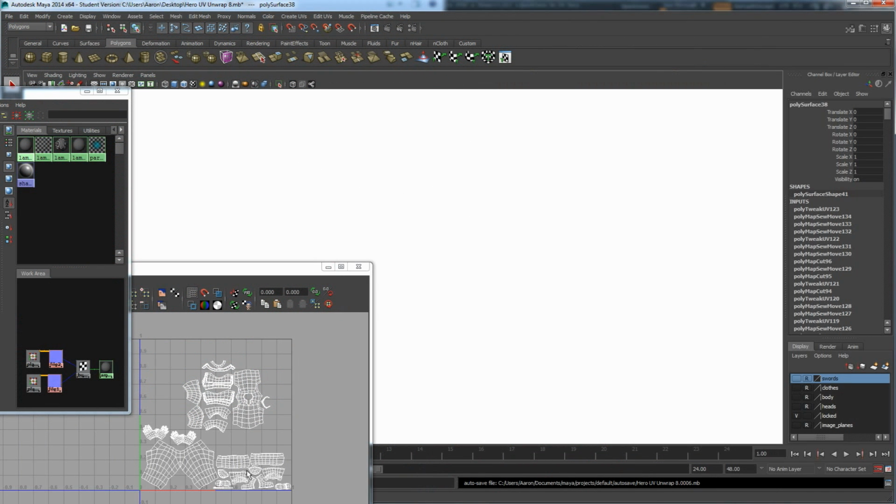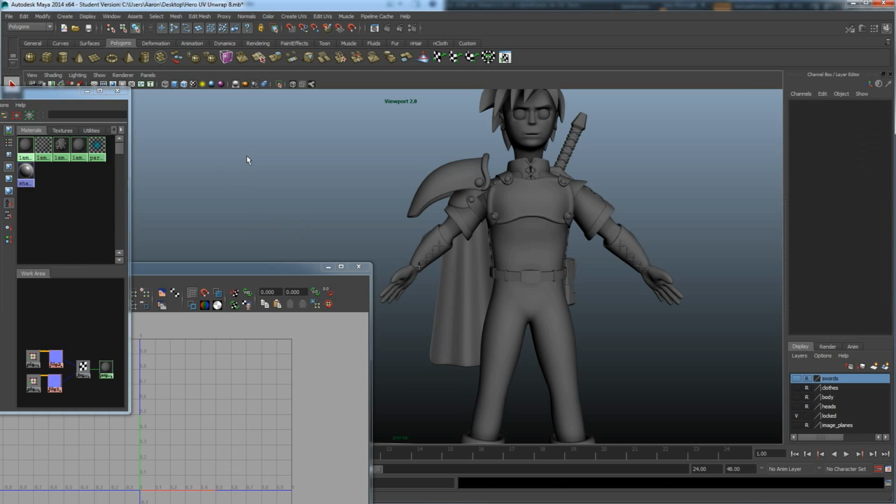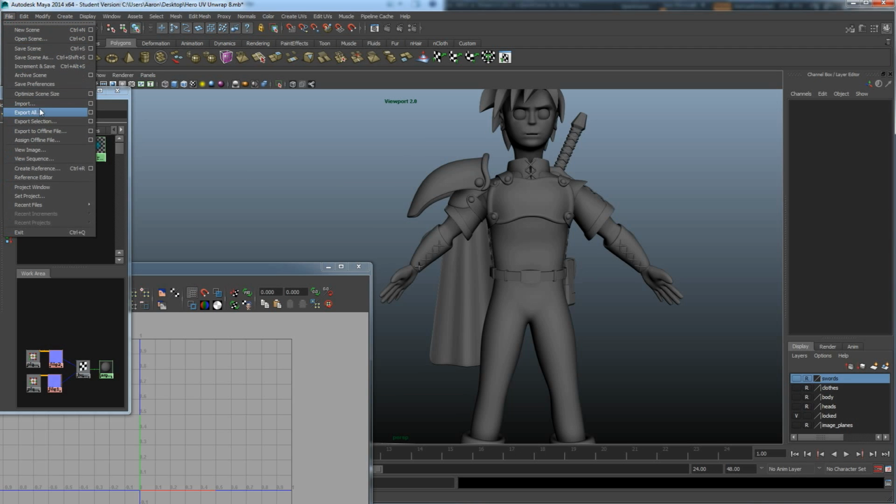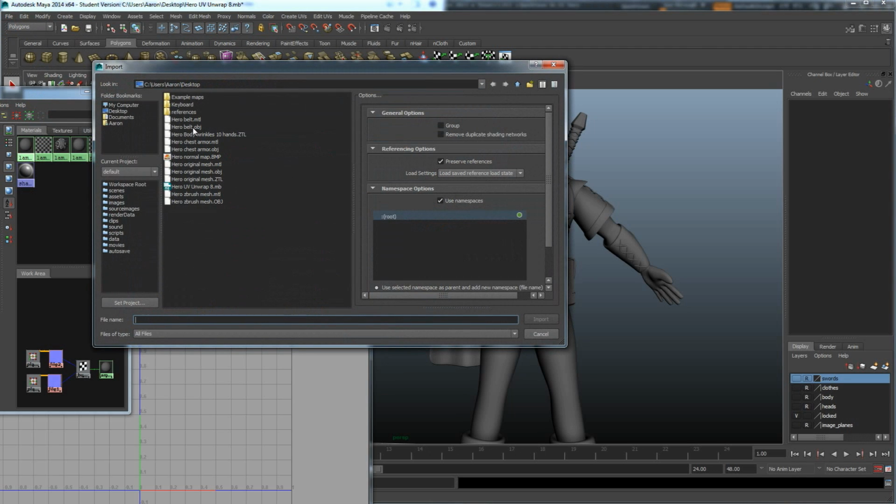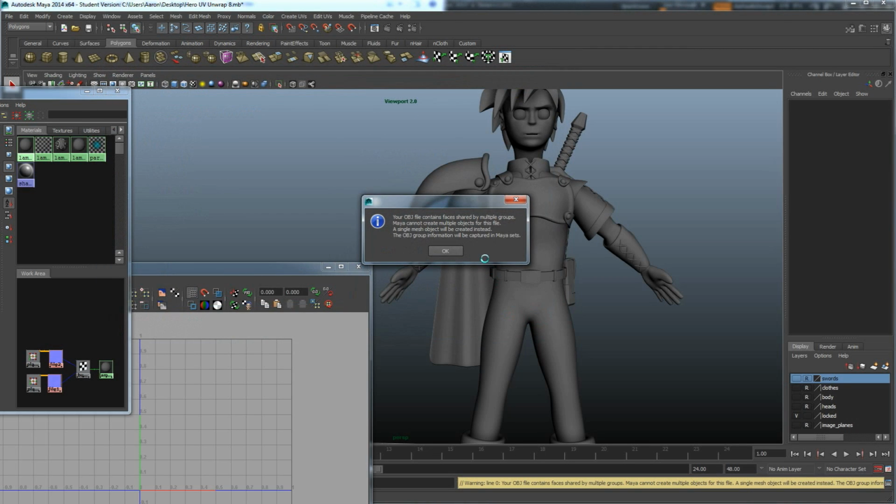Alright, so here we left off with Maya with the export. So we're going to create a, before we create the texture, let's bring in the modified version. So File, Import, we're going to click on the Hero ZBrush Mesh. Usually when you import and export with OBJs, you're going to get an MTL file, which means material. We don't have any materials in the character, so we don't need to worry about those. You can delete the MTL files. We just want the OBJ, which is the polygon mesh. So I take this Hero ZBrush Mesh OBJ, import them, and